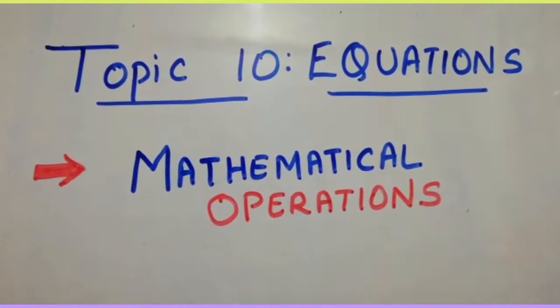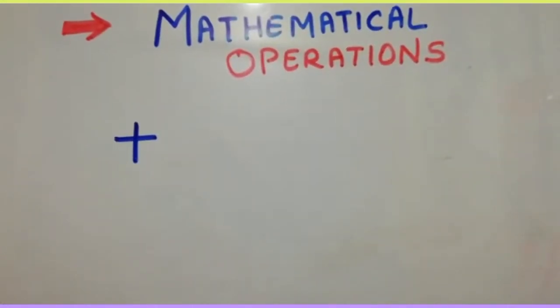Just recollect it. Remember this sign? This is a plus sign. It is for adding two or more numbers. When you want to add or take the sum, S-U-M, sum of two or more numbers or all together, how many items are there? All those things all together, sum, totaling, everything. You use the sum plus. This is the addition operation. The plus sign is plus, operation is addition. When you want to take the sum of two or more numbers, we use this.